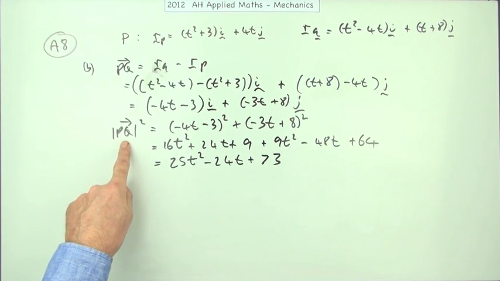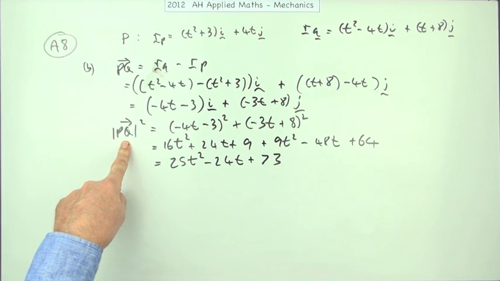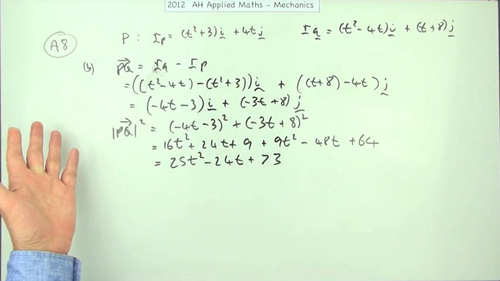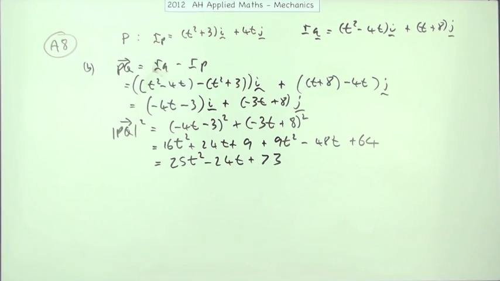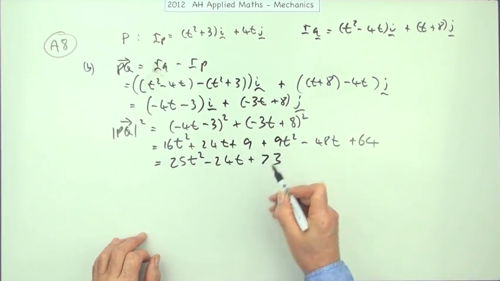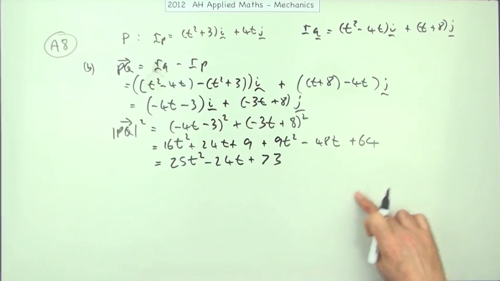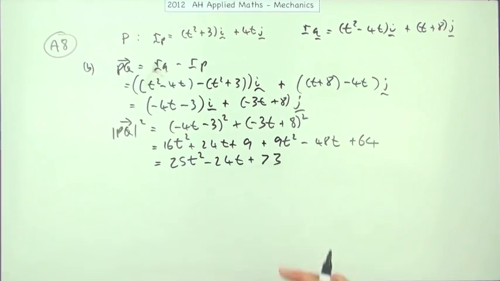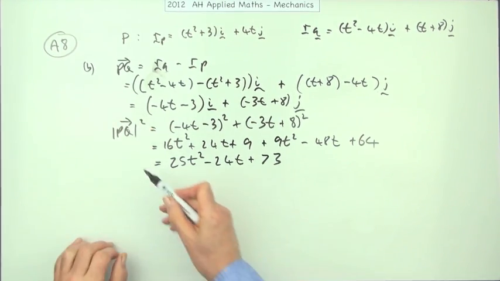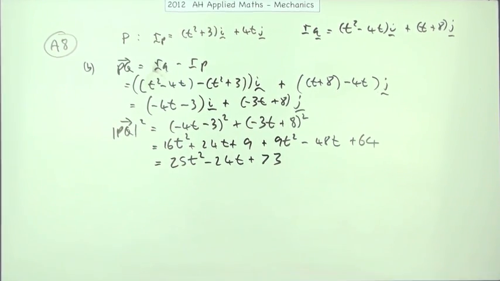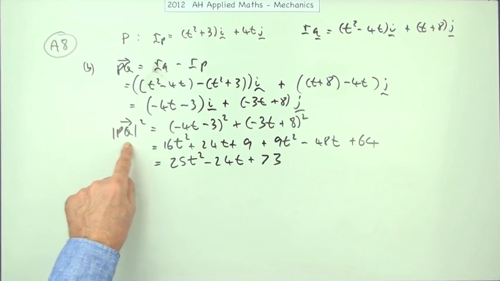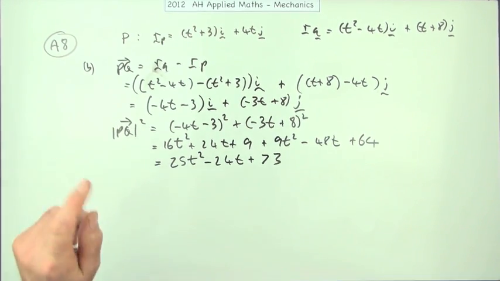Now, you have to find when PQ's at its smallest, but that's the same as saying when the square of the distance is its smallest, so you don't have to find a square root, for instance, here. So when is this at its smallest will give the same result. Can you see what you've got here? That's a quadratic, that's a parabola, it's got a smallest value. So you can either complete the square, find the smallest value, or just differentiate. And you can just differentiate the squared expression. That's perfectly acceptable. And instead of this whole expression here, I think I'll just call that PQ